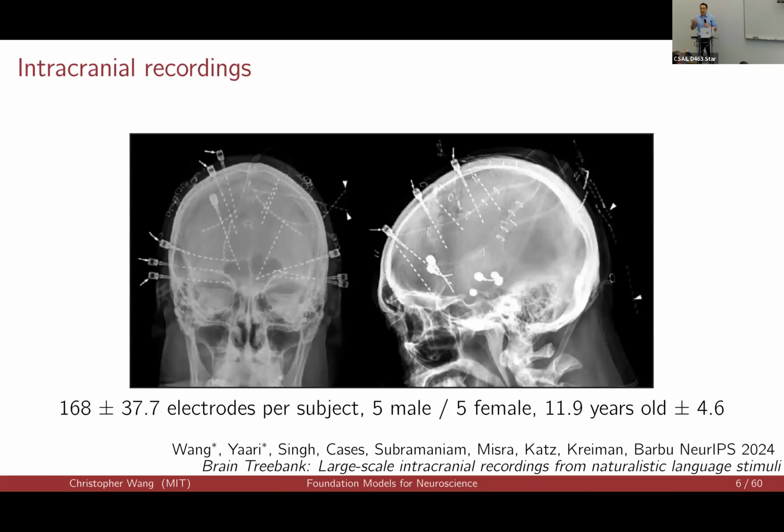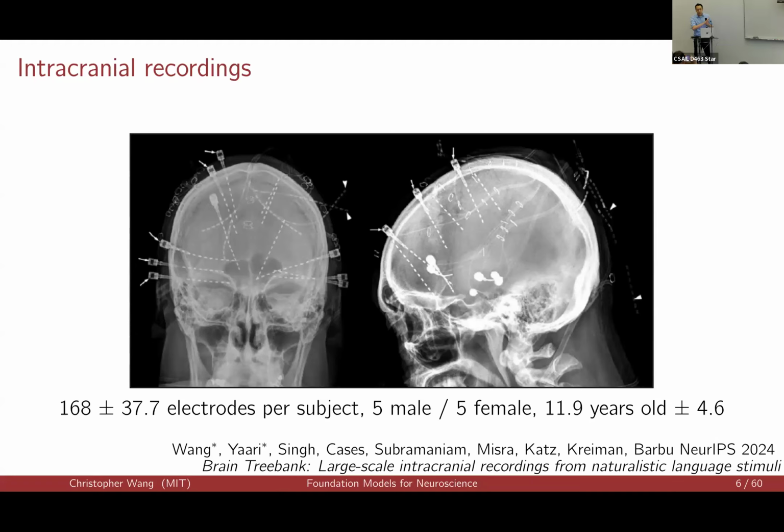Language processing happens at many timescales, and we want a recording modality that can capture all those timescales. So we collaborate with Boston Children's Hospital, where there are patients being treated for epilepsy. And a diagnostic part of this treatment is first inserting electrodes surgically, intracranially, and the neurologists watch the recordings from these electrodes to localize the seizure onset zone, and in the case of surgical intervention, minimize downstream complications.